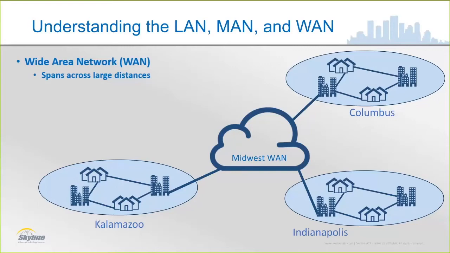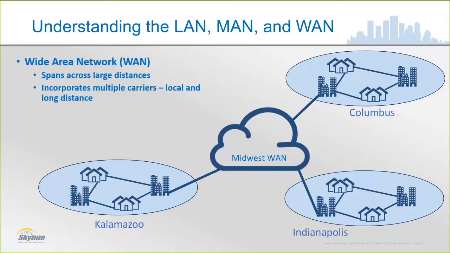So for example, if one of these sites was in Los Angeles, it would still be a wide area network connected site. If Kalamazoo was somehow connected via satellite to an office in Johannesburg, South Africa, still a wide area network. So wide area network is like the widest thing, the thing that spans the most distance. It may incorporate multiple carriers. For example, about 30 miles from Kalamazoo, Michigan is Battle Creek, Michigan. Battle Creek's connection to Kalamazoo may use the same carrier that was existent in the metropolitan area network we talked